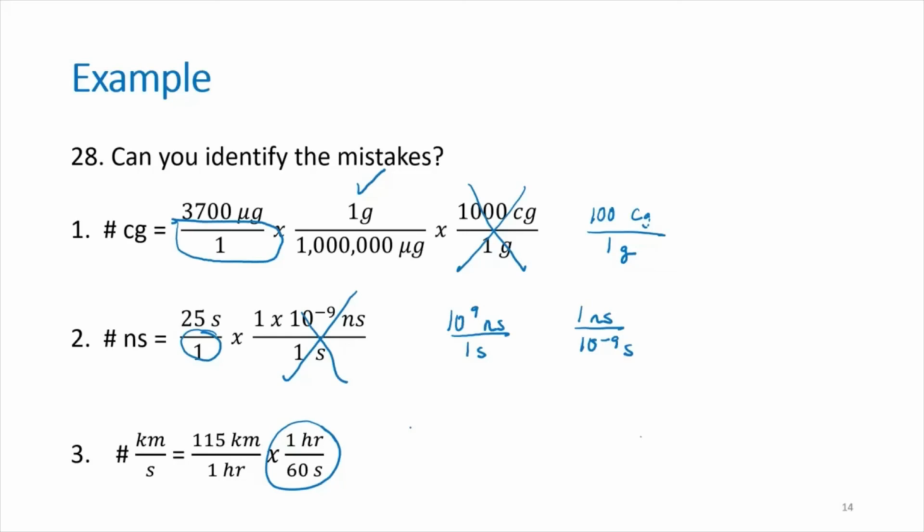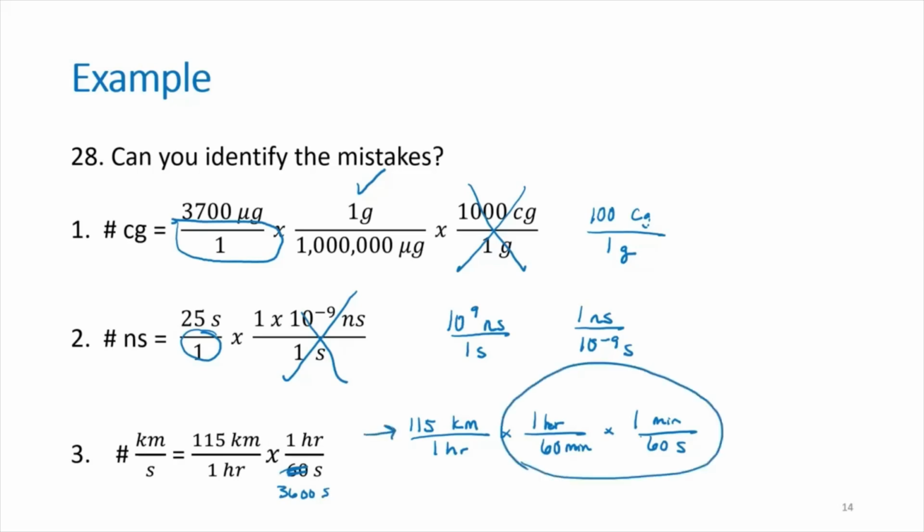If I was to do this equation, I would say 115 kilometers per 1 hour times 1 hour per 60 minutes times 1 minute per 60 seconds. Now, this ends up being 3,600 seconds. If you want to do it as one fell swoop, that's fine. I write them out because students often mess up these conversions. Okay? So, look back